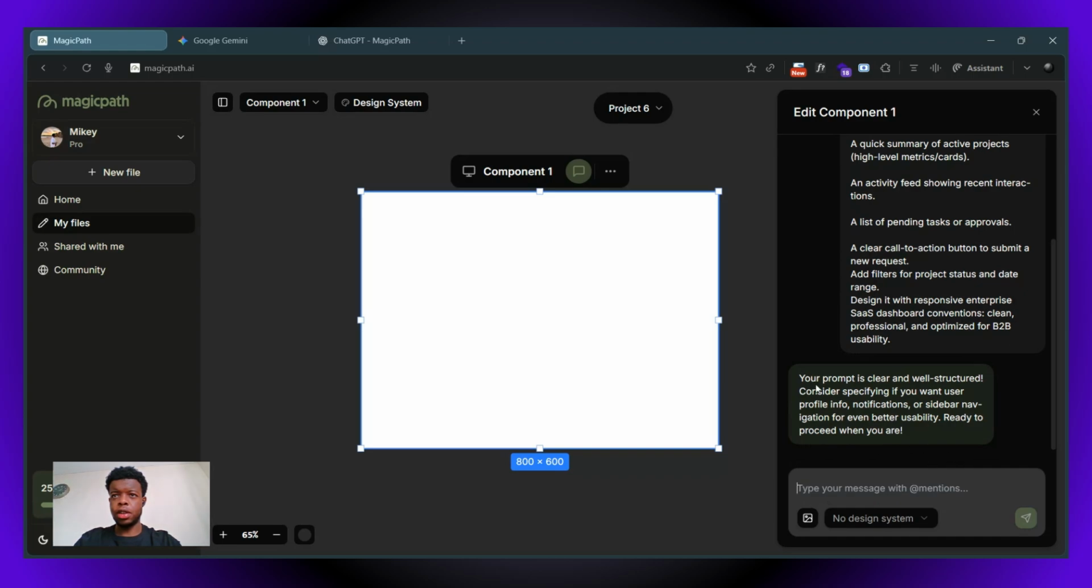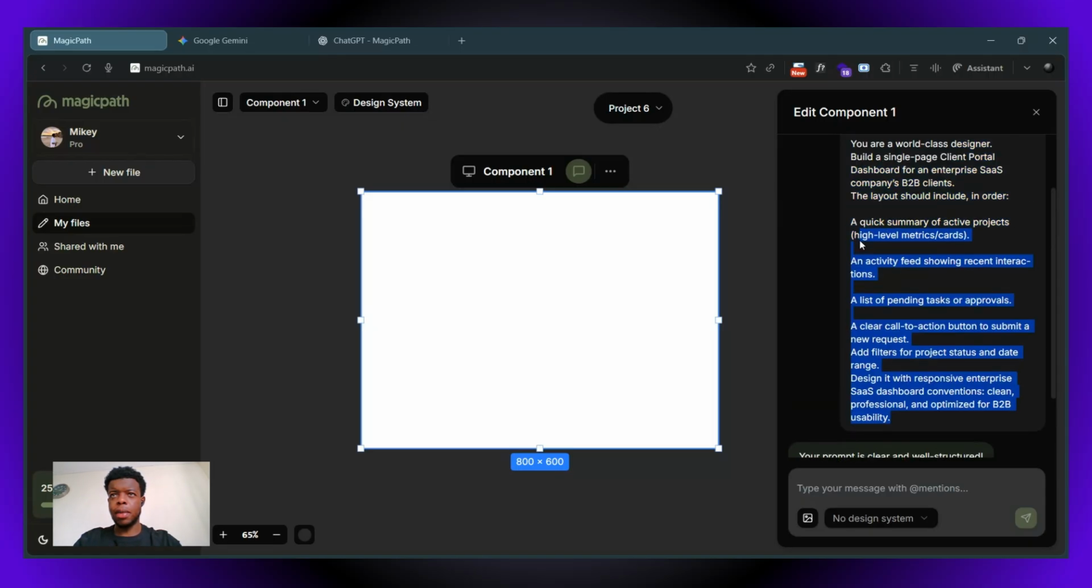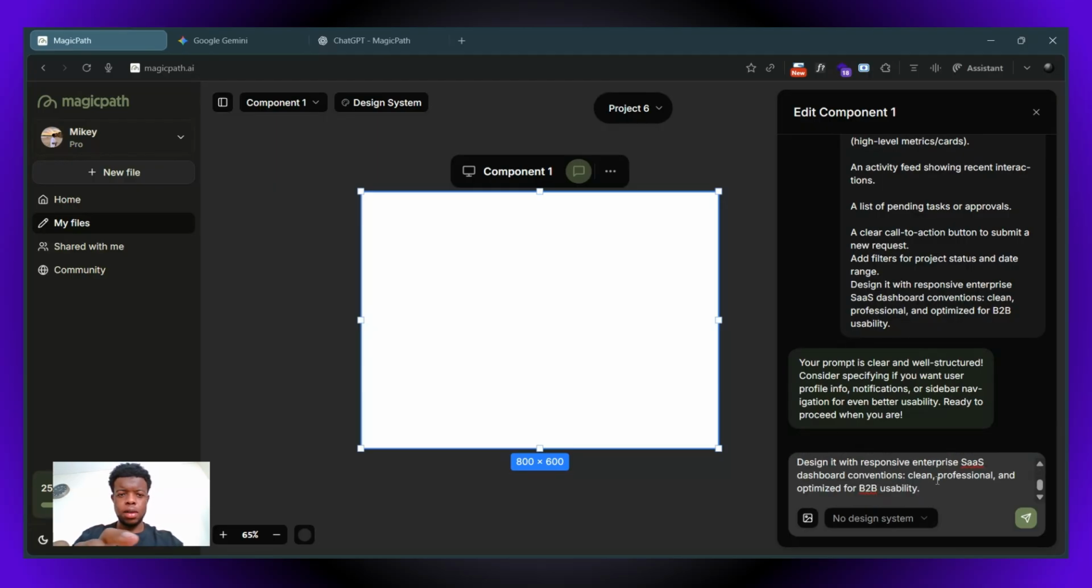Okay, it says your prompt is clear and well structured. Consider specifying if you want profile info, notifications, or sidebar navigation for even better usability. Proceed when you are. So I'm actually going to copy this prompt, and I'm going to add that it needs to have a sidebar navbar. Okay, so I'm going to paste this, and I'm going to say put a sidebar navbar,